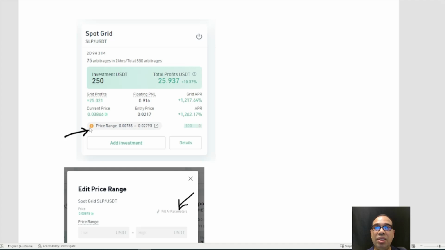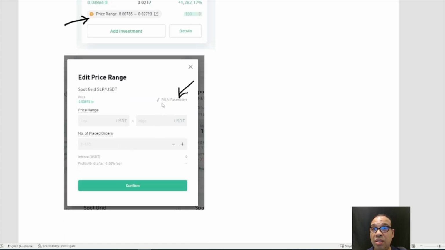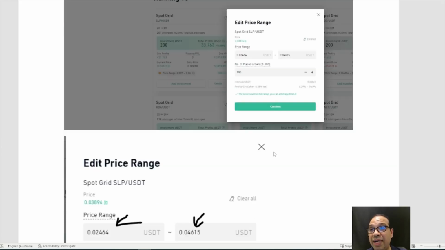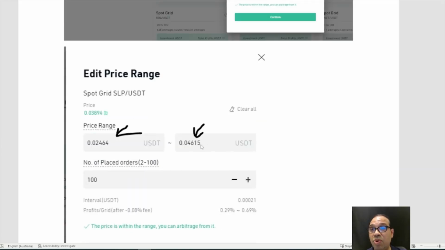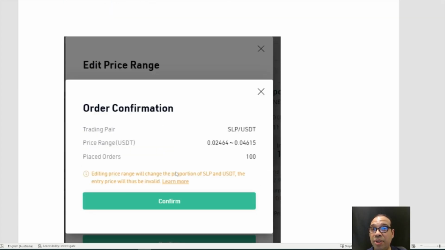If nothing was done, nothing's going to happen and it's going to be here for a while. So you click on it and let the AI parameters do their work. I don't try to calculate myself. The AI parameters are pretty smart. Once you click on it, it will populate itself and increase the range. You can see 0.02, 0.04, it's already gone up, and now it will edit the range. You can see the range has gone up higher. You just have to press confirm. Once you press confirm, it will say confirmation has been done. That means the bot is now starting to get active, because the range which I showed you earlier has now increased.